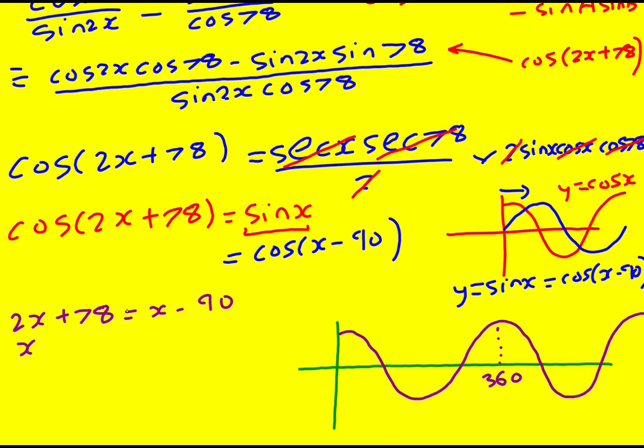This gives minus the x minus the 78 gives x equals minus 168. So it's a solution, but it's not in our range, so I'm going to reject it. But what if one of the solutions was, say, here, and then one of them was here? I'd get exactly the same value at the end of it,